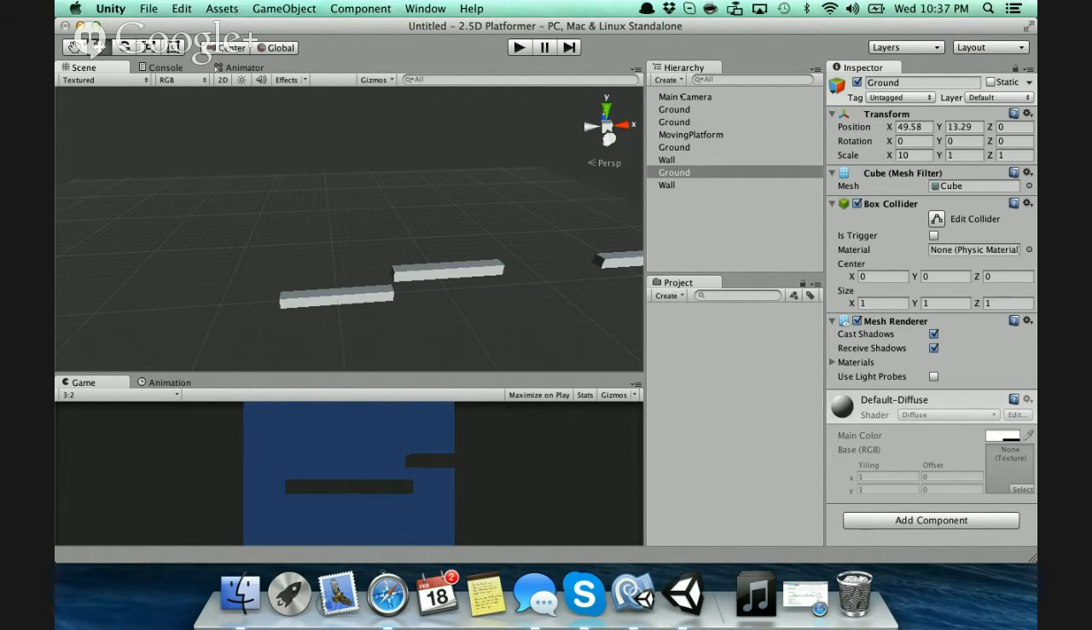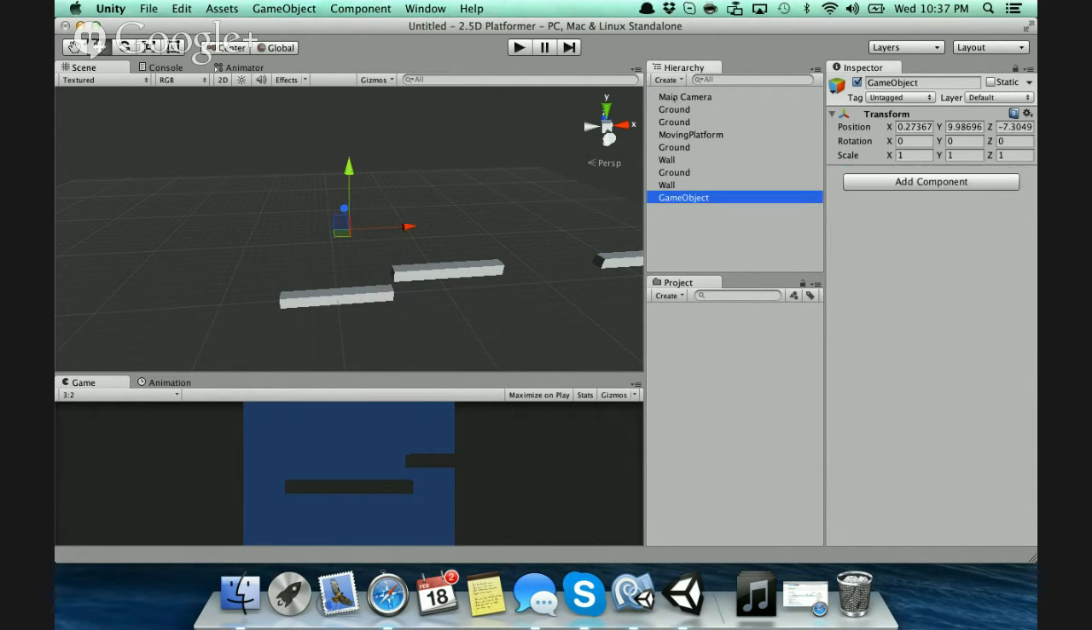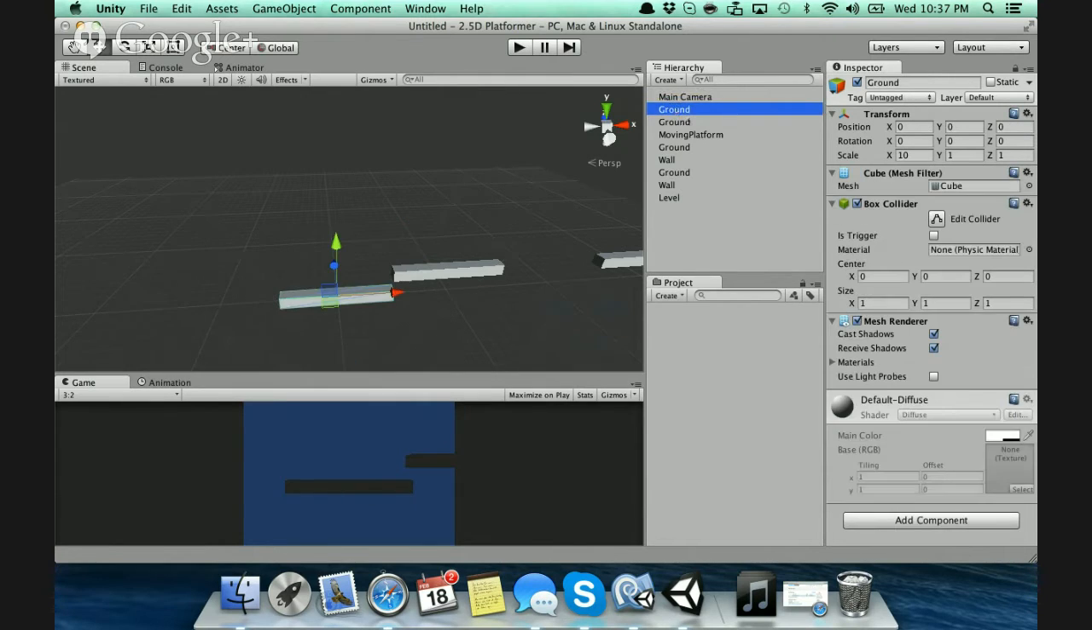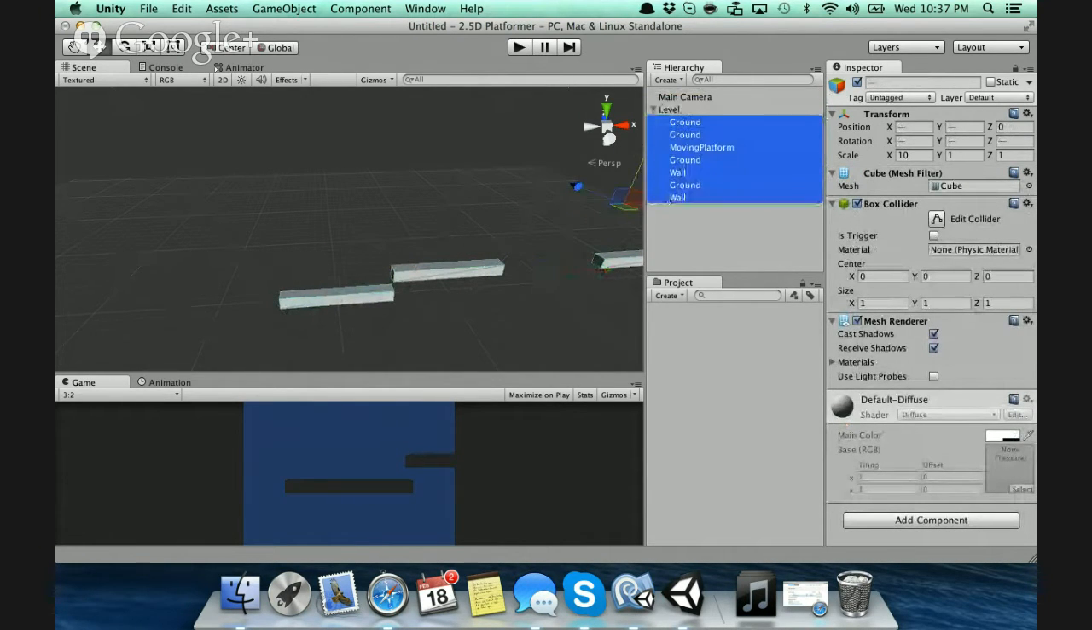So first thing we're going to do here, I'm just going to create an empty object to organize everything, and name it level. I'm going to put all this in it. All right, got a level there. And then what we're going to do,